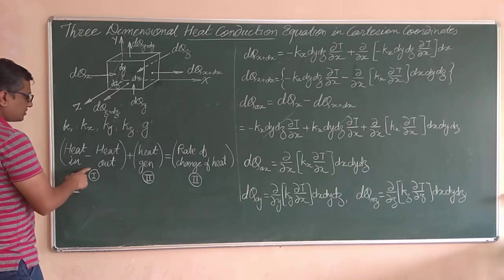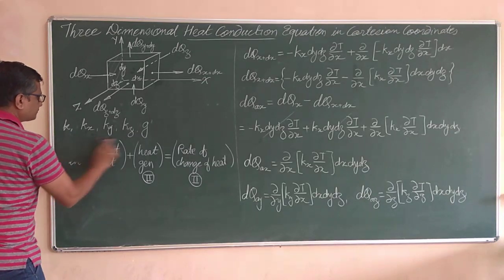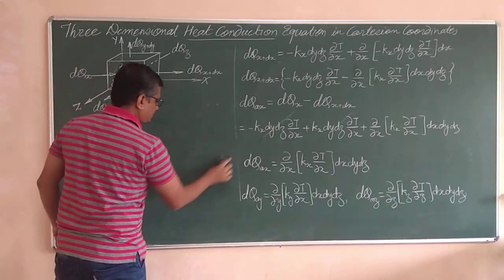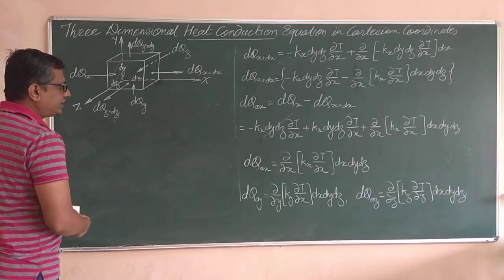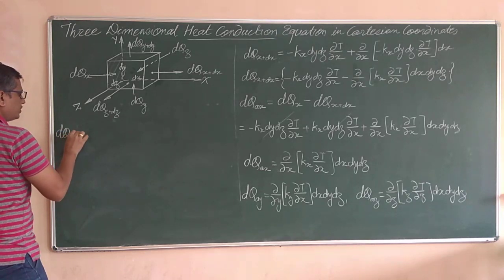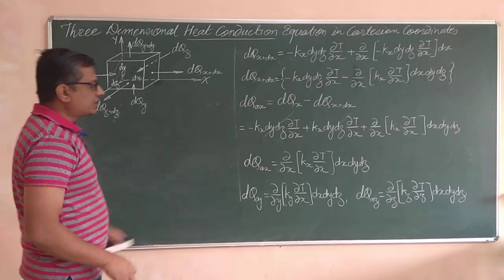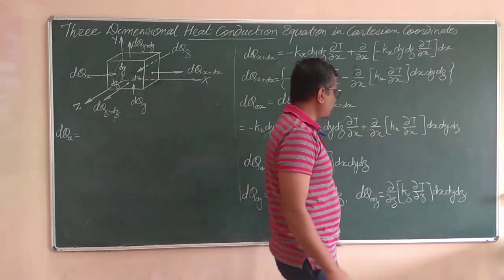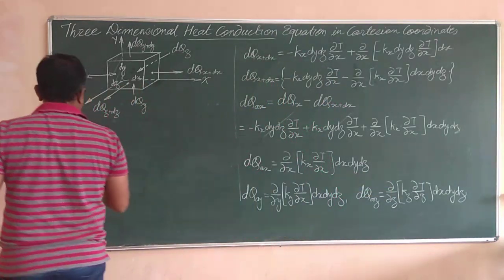So remember this one, we are going to get the first term now. The total heat accumulated dqa will equal, if I add up these three terms by taking dx, dy, dz common,